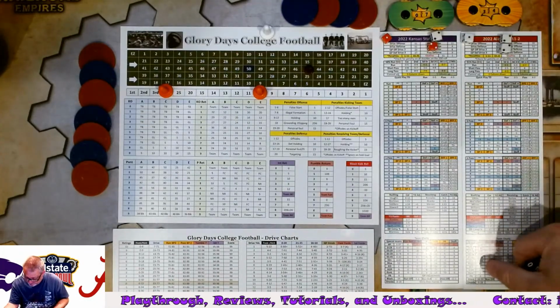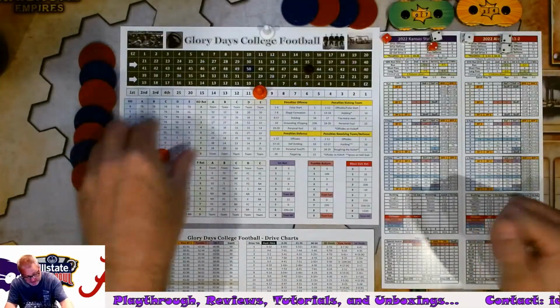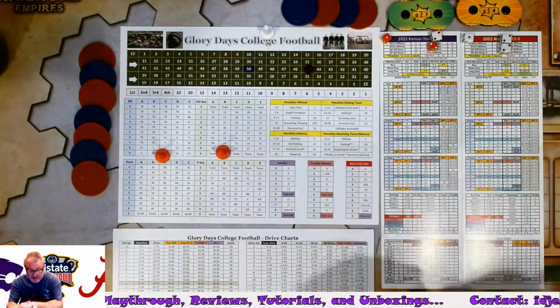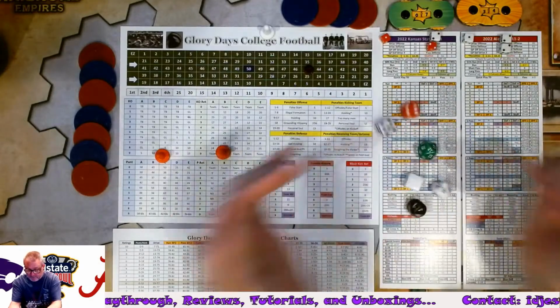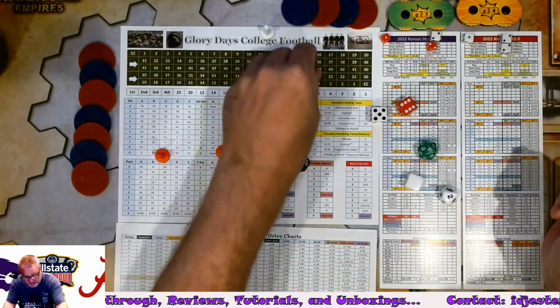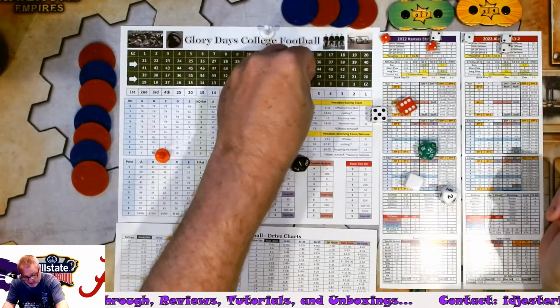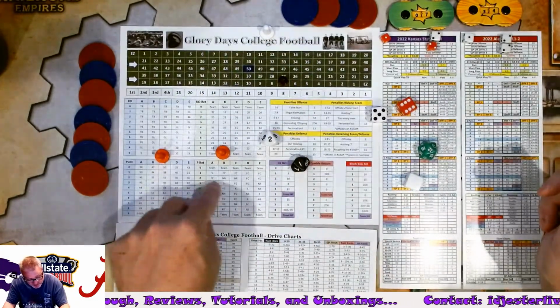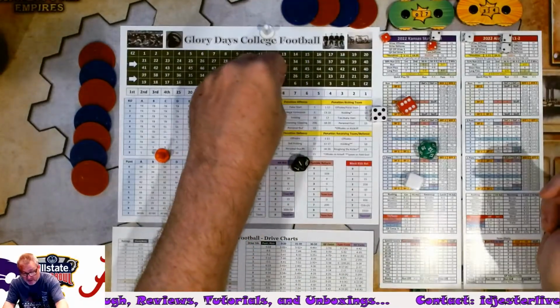Punt is a C. Punt return is a B. So punt is a 1. 38. Down to 7. Great punt. 2. No return. So